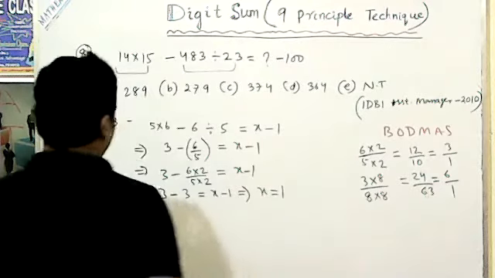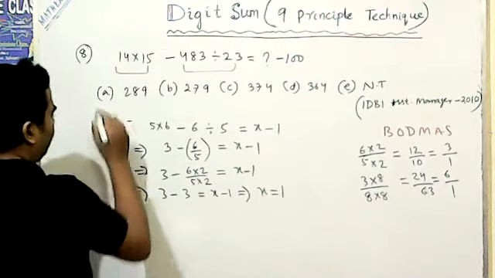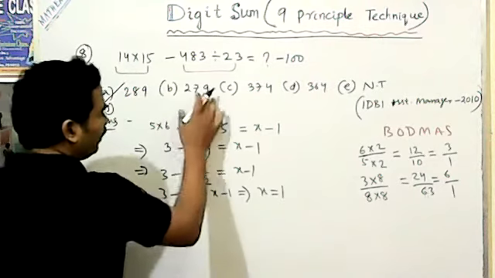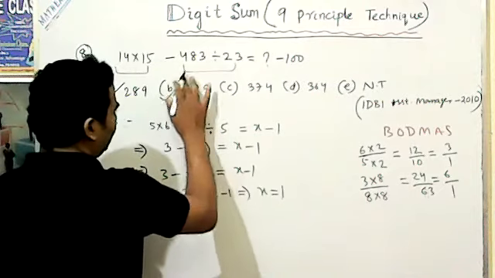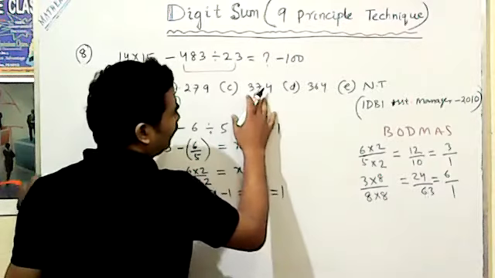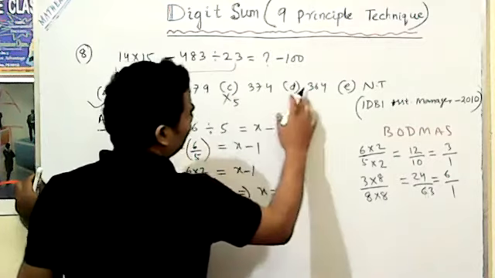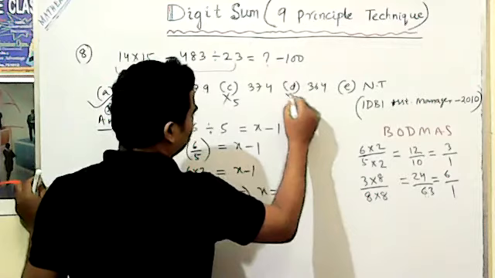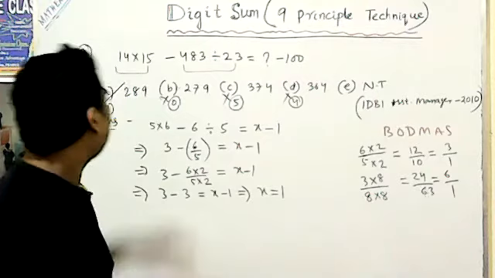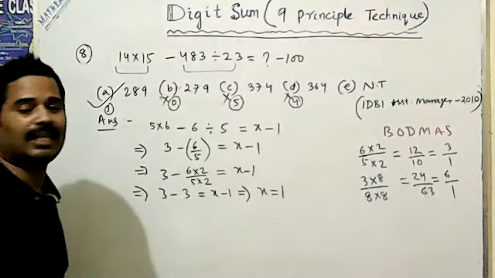देखो डिजिट सम किसका आ रहा है, you think about the concept. That is 9, that is 1, डिजिट सम 1 आ रहा है, जिसका डिजिट सम 1 आ रहा है, हो सकता है ये आंसर करेक्ट है. इसका डिजिट सम 0 आ रहा है, ये नहीं है, 0 आ रहा है, so that's why ये गलत हो सकता है. वो है that is 10 10 1 4 5 आ रहा है, तो ये भी गलत. That is 4 आ रहा है, ये गलत. So this is none of this, answer कभी भी नहीं हो सकता है. जहाँ पे कुछ यूनिट नहीं है तब हम कर सकते हैं. So अभी देखो, first option is correct option.